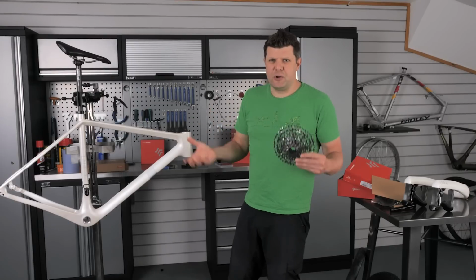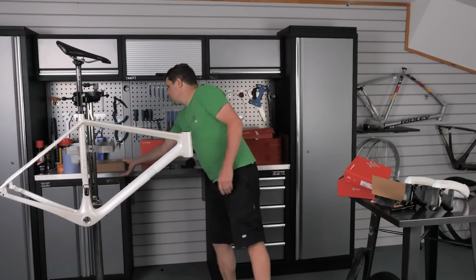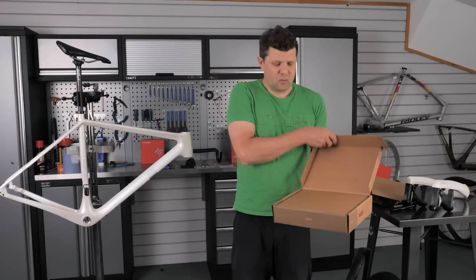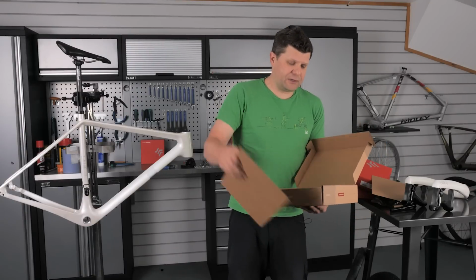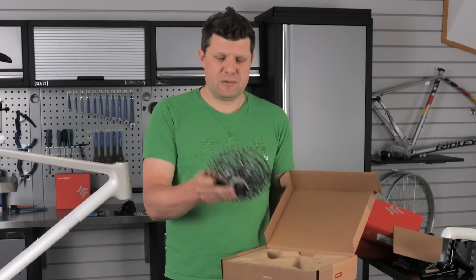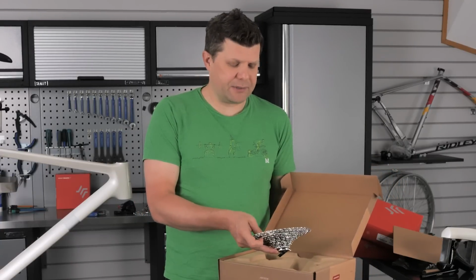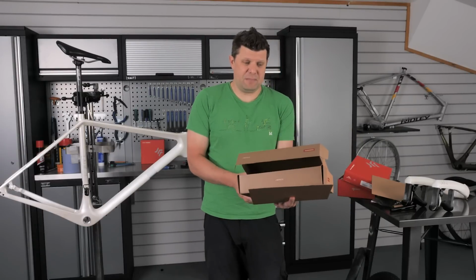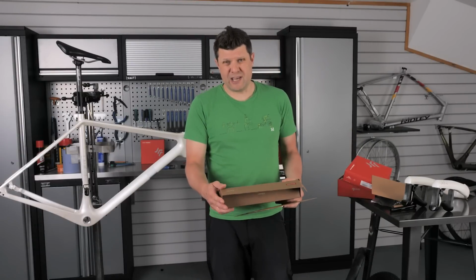It kind of improves your range quite a bit. Or now, with the latest SRAM Apex upgrade, we can now get that 44 tooth, but we miss out on the little 10 tooth, but we can fit this to a standard Shimano Hyperglide free hub. So decisions, I think, since we've got the free hub now, we're going to go for the 10 through to 44